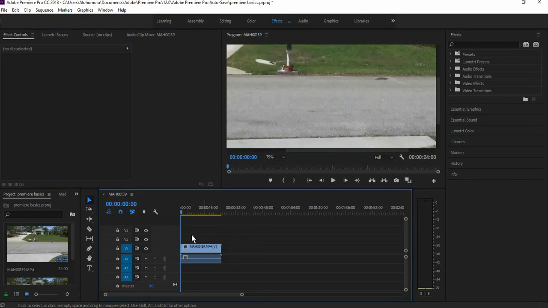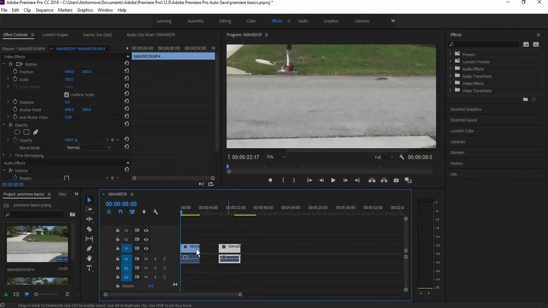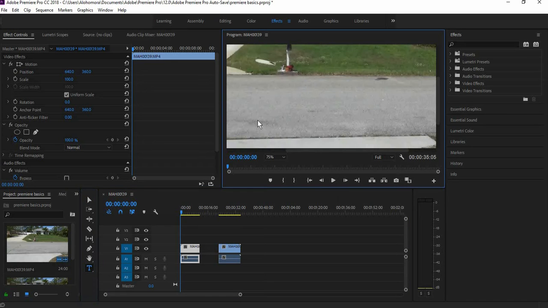So now you want to add some transitions or something, right? C is a shortcut for cut tool, so you can cut that. V, shortcut for pointer tool, selection tool, right? Grab, drag, drop, whatever you want to do there. So you split your clip, maybe you split your clip and you want to put some text in between here, right? You want to do something like that, okay? So we're going to add some text,